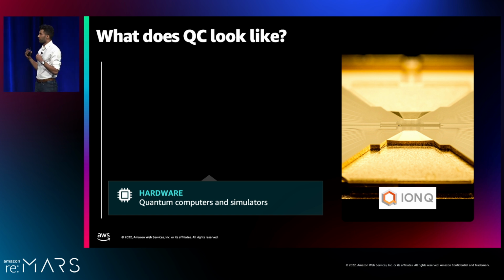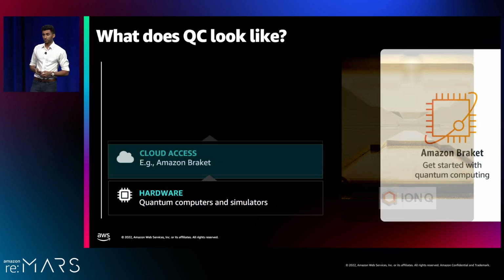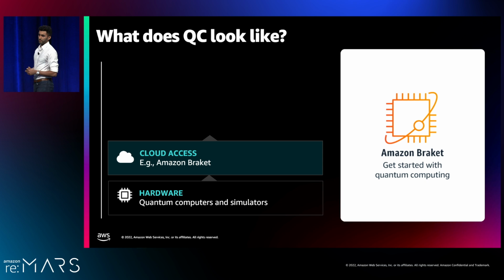But most of them are extremely big. And because they're big, it's not likely that in the near term they'll be on premises. They'll probably be vended out by the cloud. That's where services like Amazon Braket come in. On Amazon Braket, you can hop on right now and experiment with some of those tiny quantum computers that people are building today. And it also gives some training and a unified interface to make it easy.